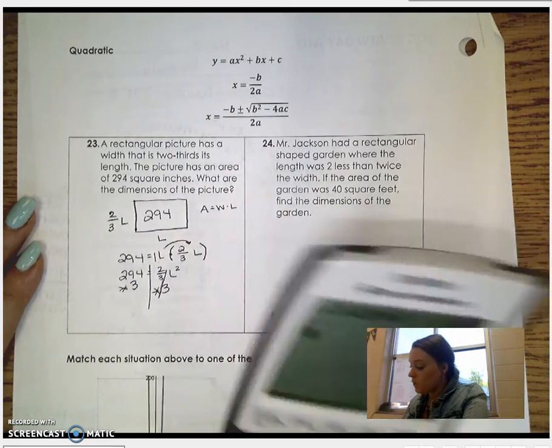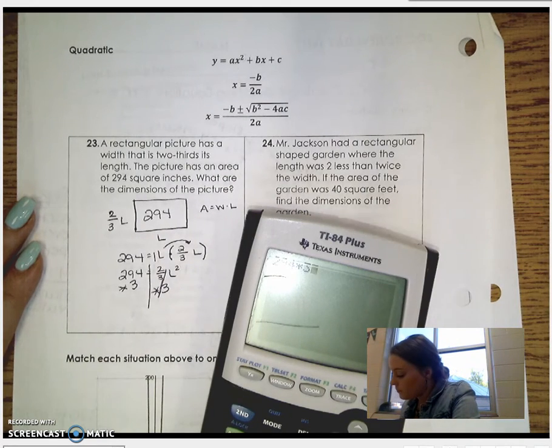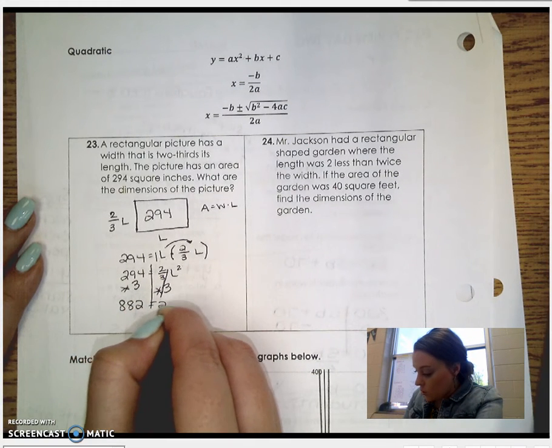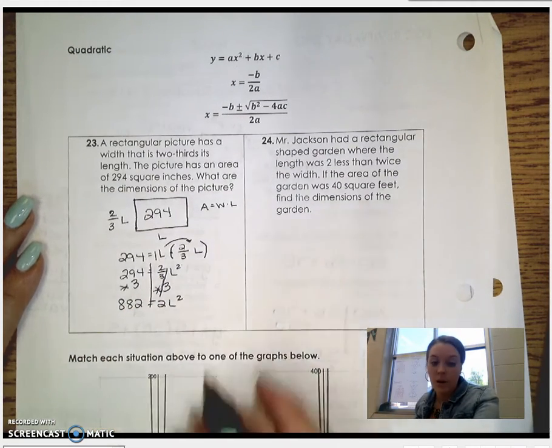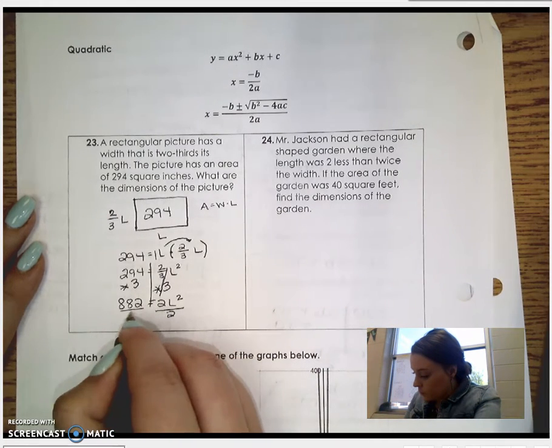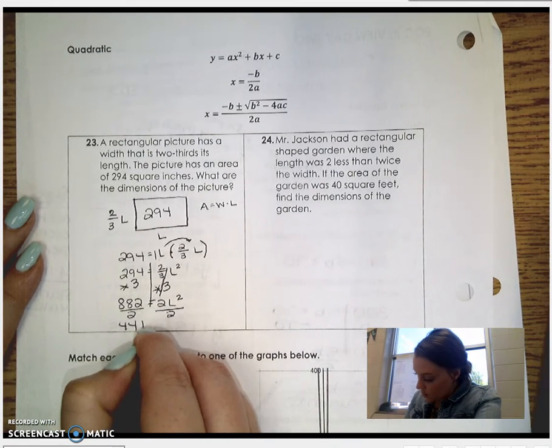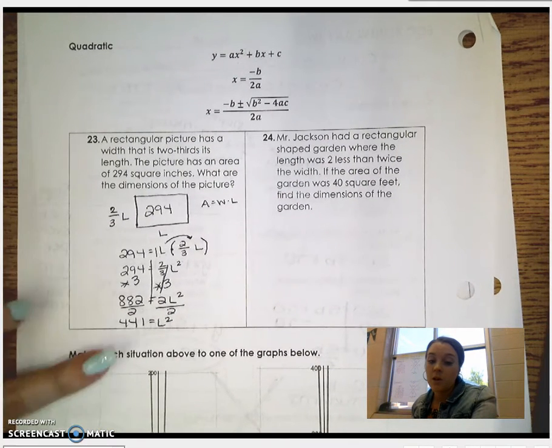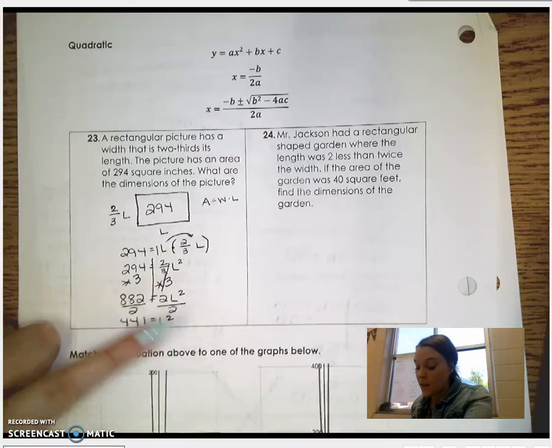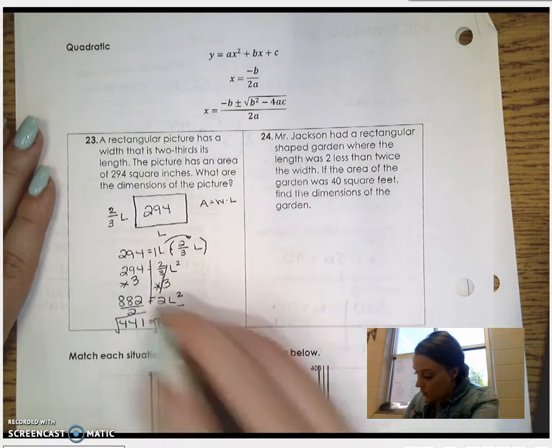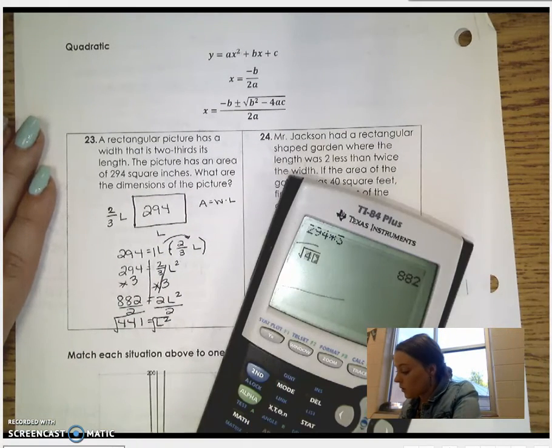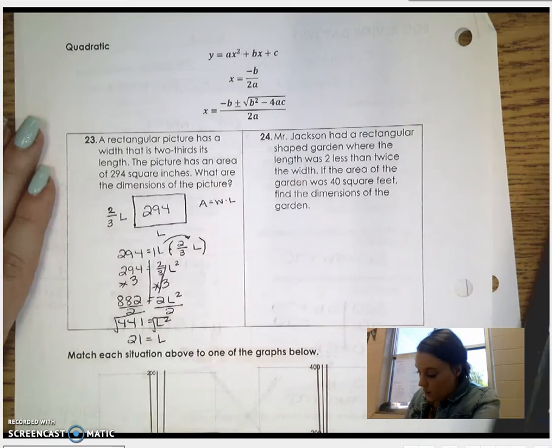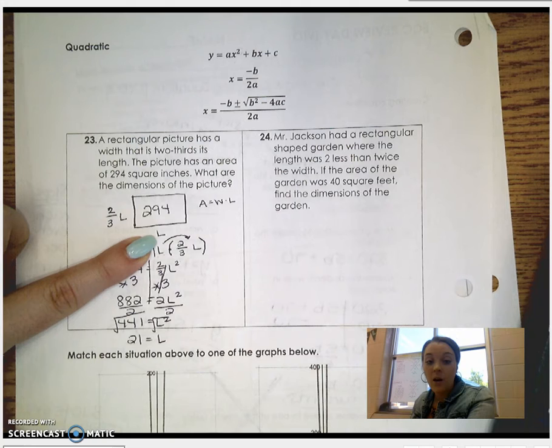So 294 times 3 is 882. So 882 equals 2L squared. Now I'm going to divide by 2. 441 equals L squared. And we also talked about the inverse operation of something squared is the square root. So to cancel out that 2, I'm going to take the square root of both sides. So the square root of 441 is 21. So 21 equals L. So I know that L equals 21